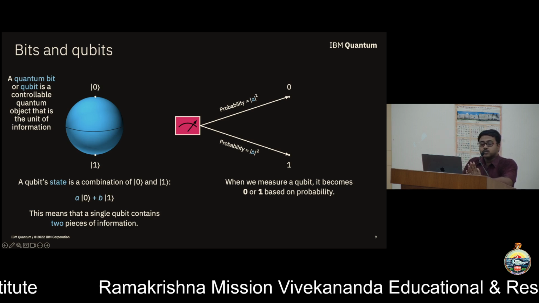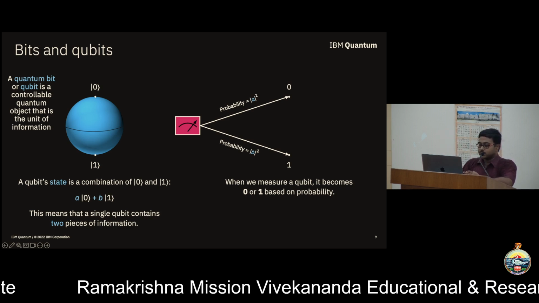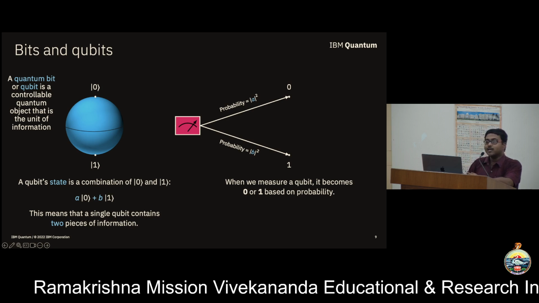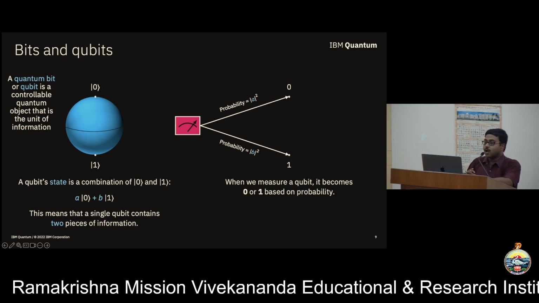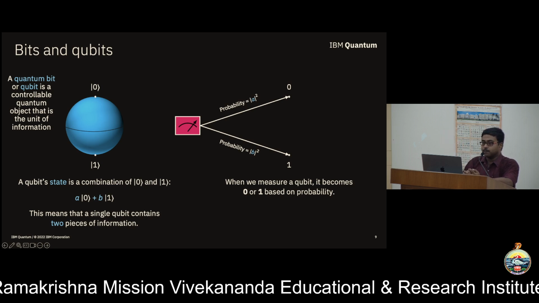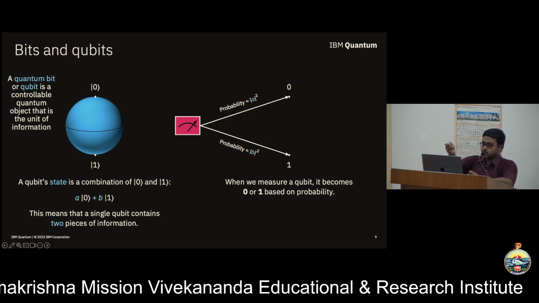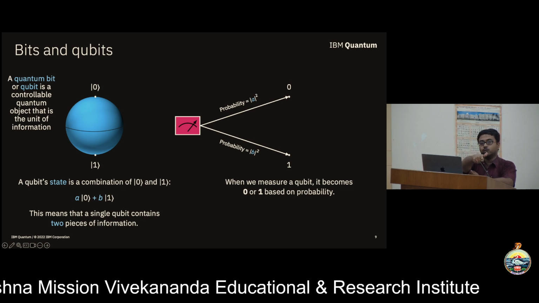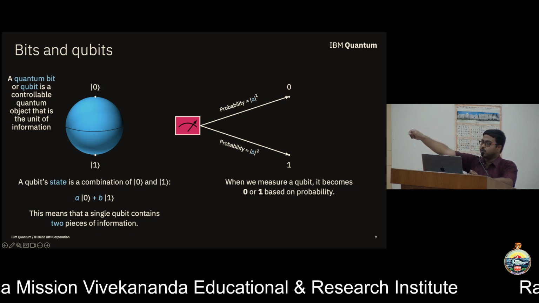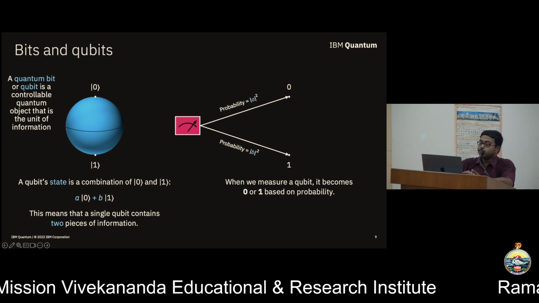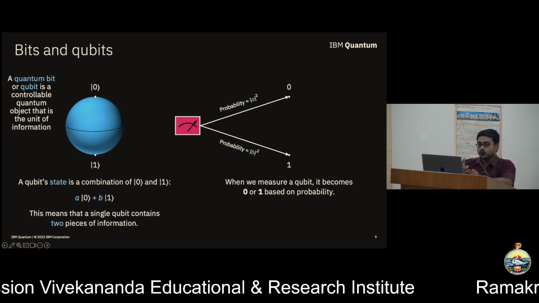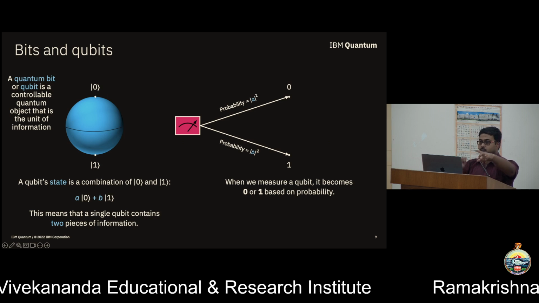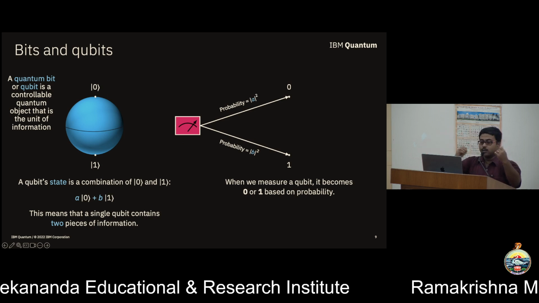So why is this useful? Just think of this, that let's say that I have two tasks and I want to make you do both the tasks. And I will say that I'll take a coin, I'll put it. If it is head, you will have to do task 1. If it is tail, you will have to do task 2. Now, if I want you to do both the tasks, I'll have to put the coin 2 times. First, I'll put it as head, then as tail, or the other way, right?